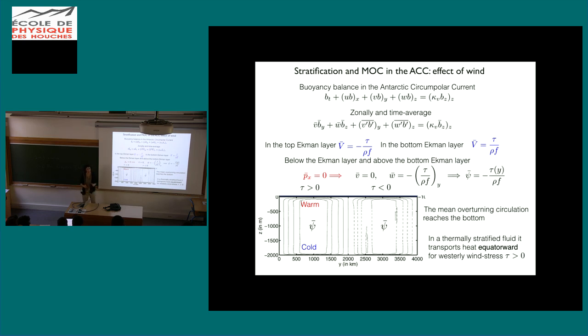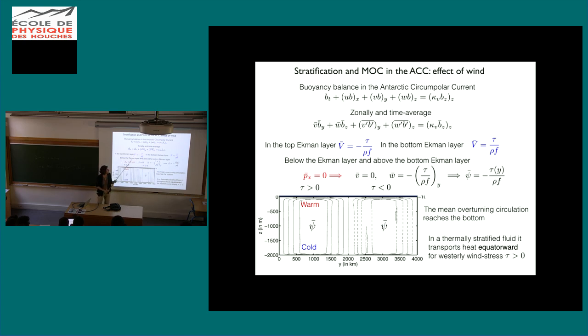Now we conceptualize the ACC as a periodic region, periodic in x, periodic in longitude. Okay, and so because it is periodic in longitude, in the interior, the zonally average pressure gradient in the x direction is 0, and so there is no geostrophic meridional velocity. However, there is an ageostrophic velocity in the top Ekman layer,